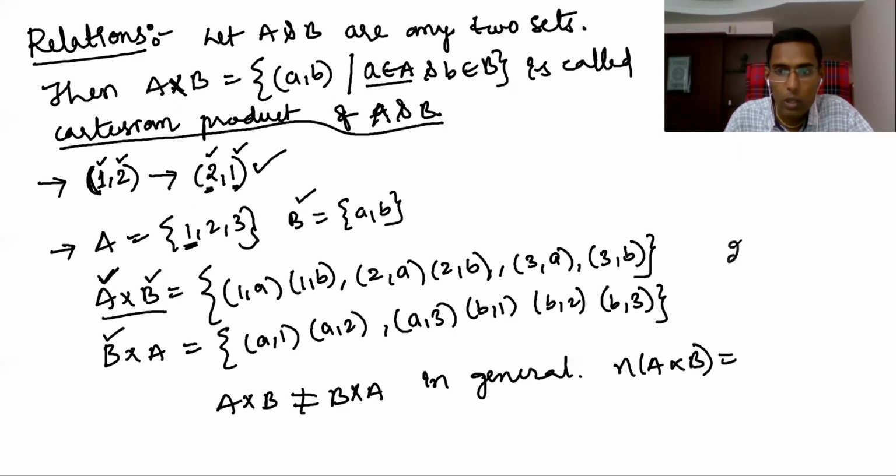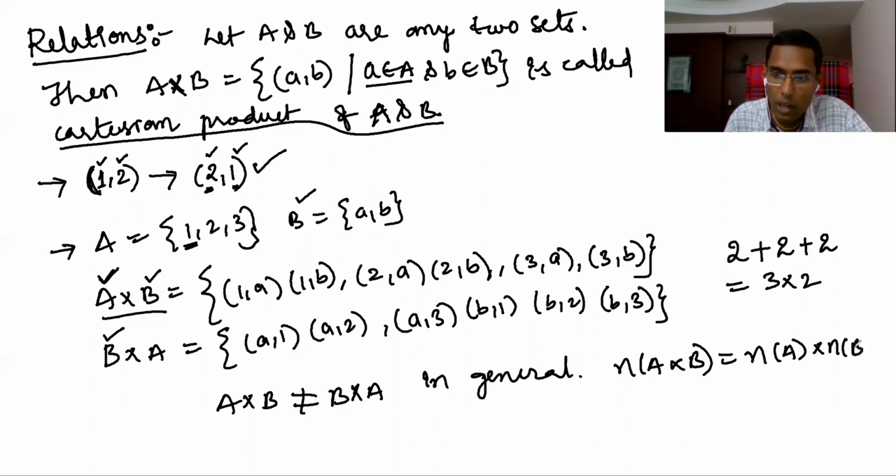With 1, you get 2 elements, right? With 2, how many elements you get? With 2, also you get 2. With 3, 3A, 3B. So again, 1 more 2. So here 3 times 2 you get. You understand? 3 times. That means here 1, 2, 3 elements are there. With each element 2, 2. That means this is only we call n of A into n of B. Hope you understand. Proof also I explained here.